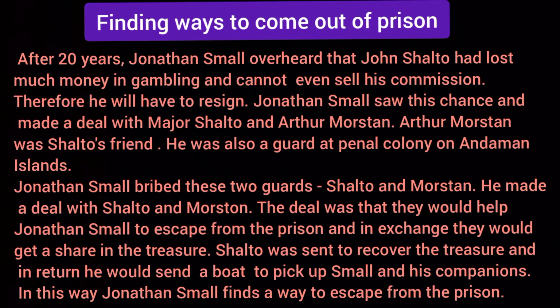Jonathan Small saw this chance and made a deal with Major Sholto and Arthur Morstan. Arthur Morstan was Sholto's friend. He was also a guard at the penal colony. Jonathan Small bribed these 2 guards, means Sholto and Morstan. He made a deal with Sholto and Arthur Morstan. The deal was that they would help him escape from the prison and in exchange they will get a share